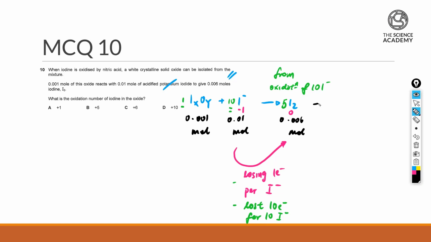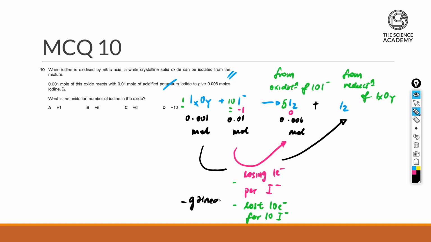So that would mean that I'm left with 1 more I2. This 1 more I2 must have come then from the reduction of my iodine oxide, IxOy. So writing on from here, I will say that if a total of 10 electrons has been lost for 10 iodide, I must have gained the same amount. So I will have gained 10 electrons